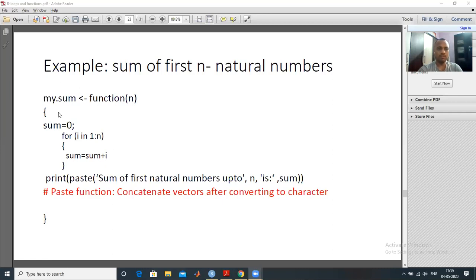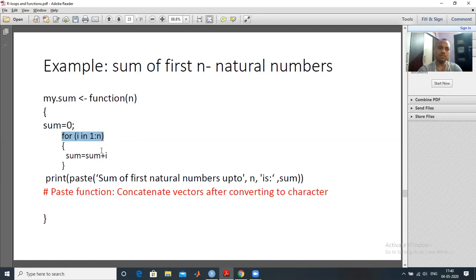So this is the first line, where we have to initialize sum equal to 0. Then I use the for loop, and this is the syntax to define the for loop. So i is the index variable, means it tells you the steps, and in means it will be true when i is from 1 to n. Means when i belongs to this sequence, i is from 1 to n. Simply this is the meaning of this one.